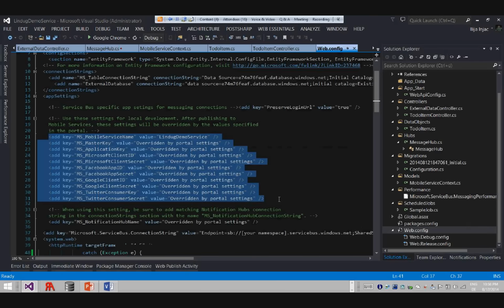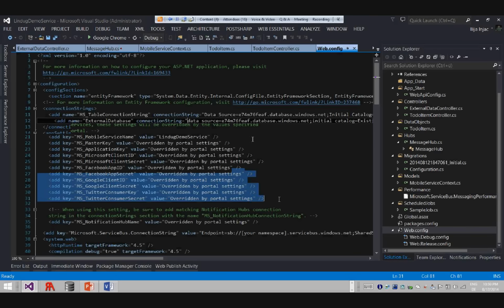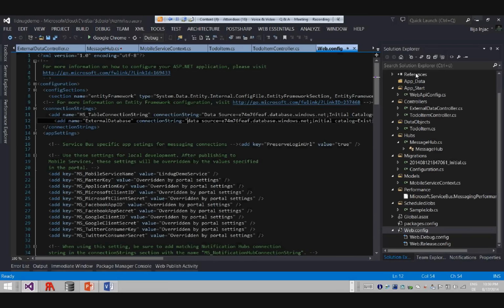As you can see all the settings here. And all these settings are installed after the deployment of the service. And all these values will be replaced by the values that you have set in the portal or configured and set here. So now let me show you a little bit of Kudu and what it can do,